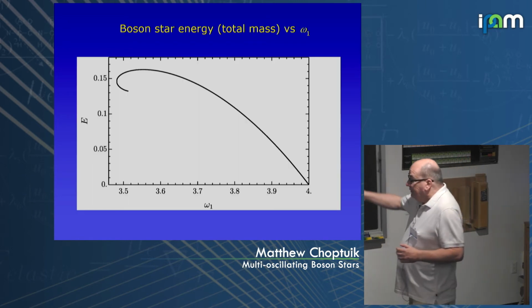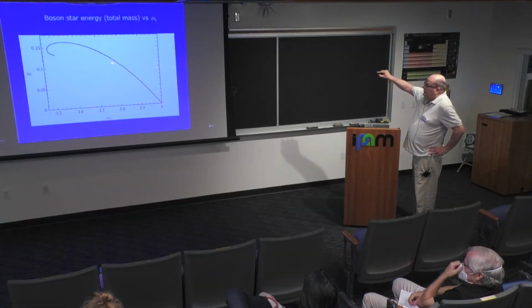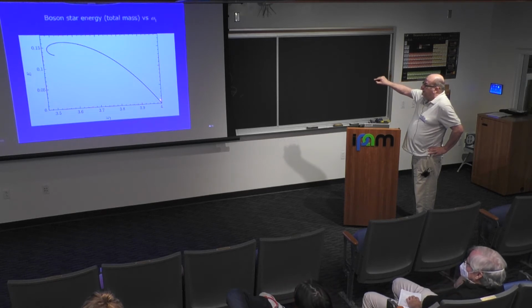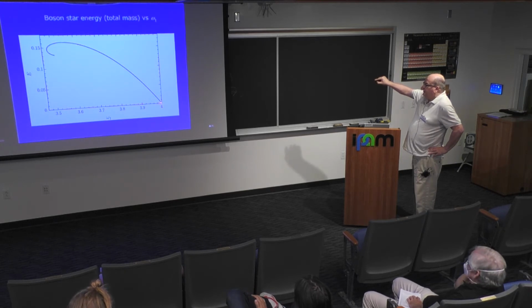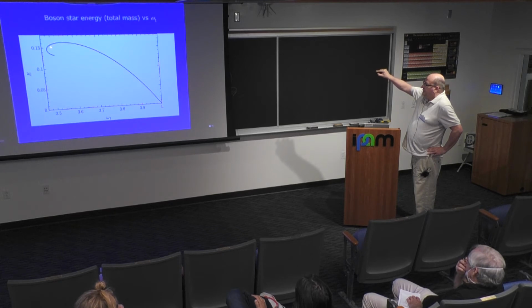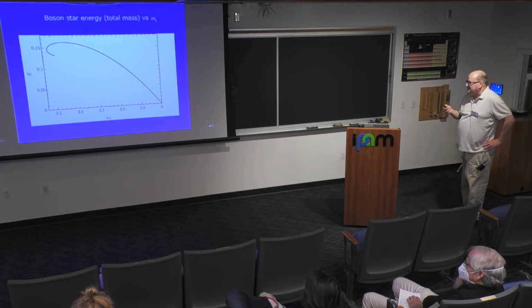So here's a plot of the family of boson stars that we find. This is basically a redux of the Liebling et al. work. The point here is pure AdS, and the frequency here, or the mode here, is purely perturbative. As we go along, there's a turning point up here where we expect a change in stability, but that's not something we've rigorously established, or even semi-rigorously established.